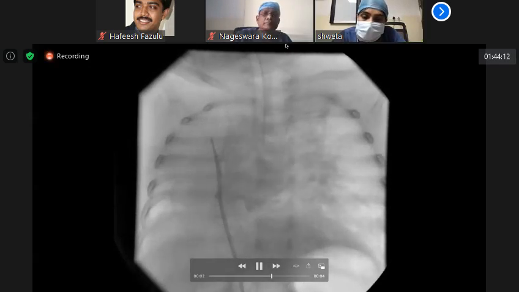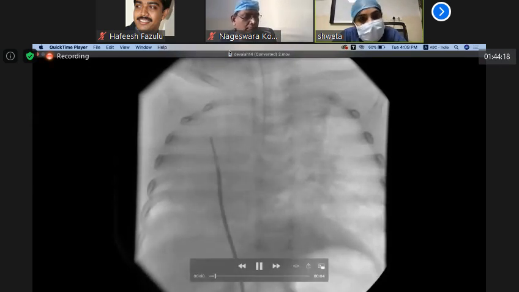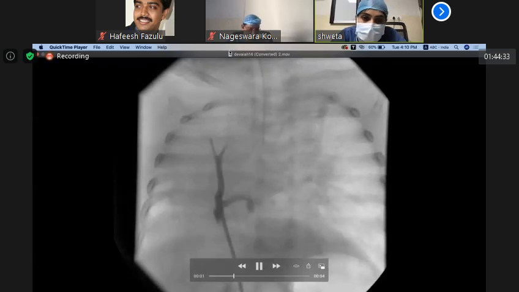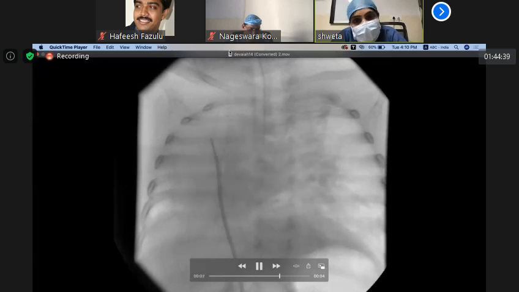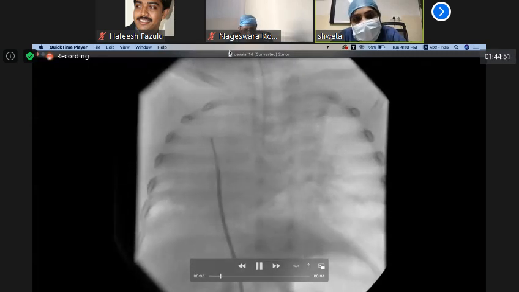So as sir said, how will you manage this case? You have to look for bronchopulmonary collaterals. You have to look for pulmonary artery hypertension. If they are asymptomatic and there is no PH, there is no heart failure, you can follow them up. If they are symptomatic, then depending on whether there is a PH, you can close the collateral. And if there is heart failure, then you can close the bronchopulmonary collaterals. That will partially benefit them. Some think that pneumonectomy also helps, but nothing is proven in this situation. So depending on the symptoms, you need to take a call.